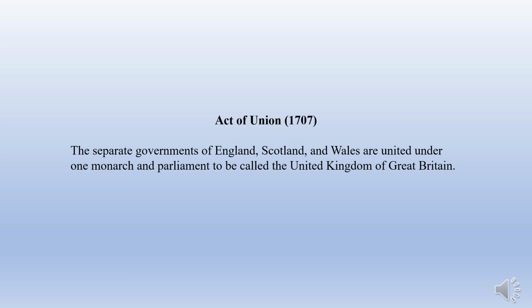Okay, and that's why I'm very clear when I talk about Her Majesty the Queen Elizabeth II. She is not the Queen of England technically. She's not the Queen of Scotland or Wales. She's the Queen of the United Kingdom of Great Britain. If those countries were to then separate and go their separate ways and kept her as monarch, she would then be the Queen of England, Scotland, Wales, Ireland, and so on. So now, instead of it being two kingdoms and a principality being ruled over by one person, now it's one government being ruled over by one person. Instead of having three parliaments, you now have one. And this is the Act of Union of 1707.